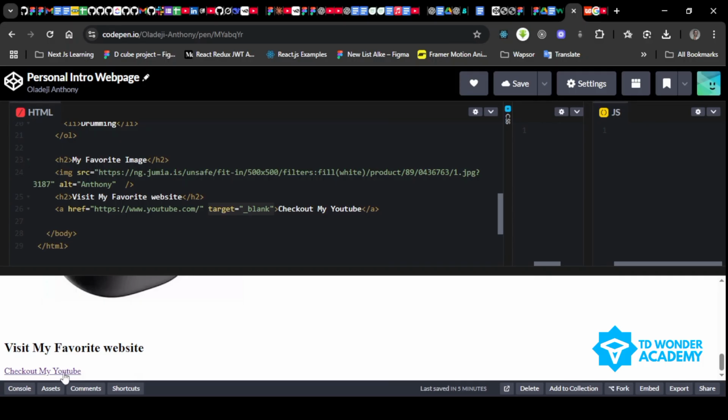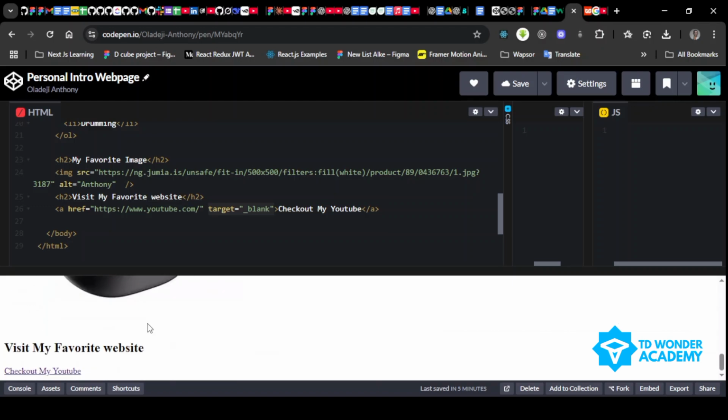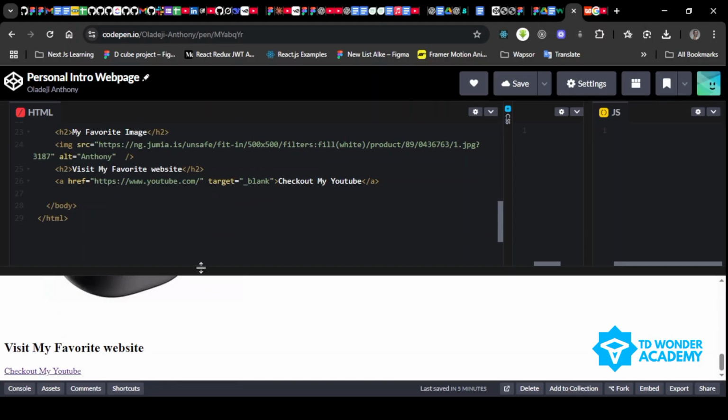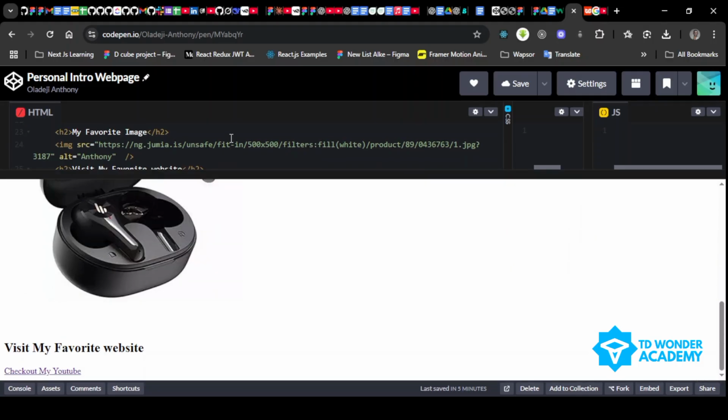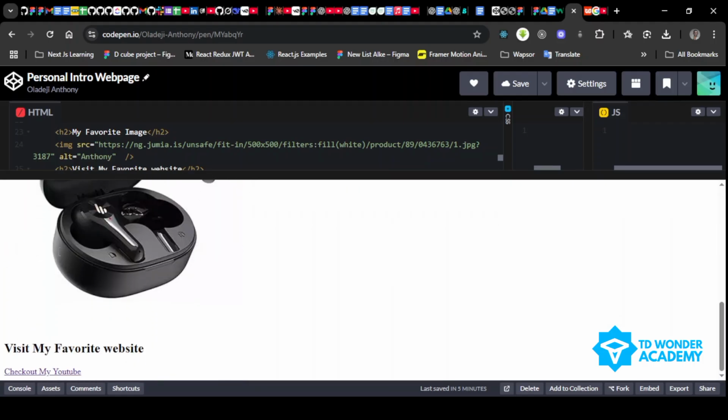So can you see this? Now if we don't want it to open, because we are not using a standard code editor presently, just follow this link. And then now we have our introduction page. That's your header. Then you have my hobbies, my favorite image, then visit my favorite website. If you're excited,